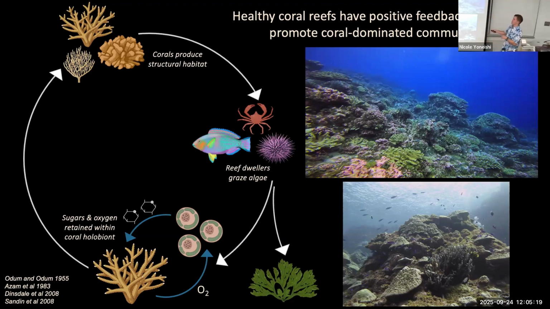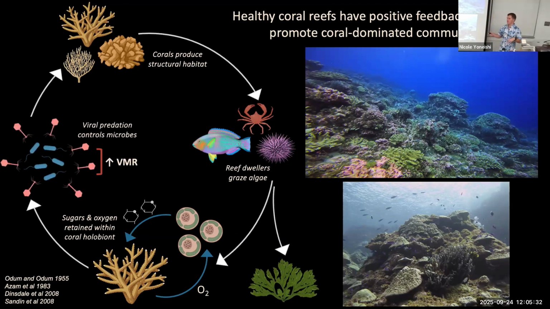So coral reefs are then producing all this structural habitat, which provides a home for all these animals, including many that eat algae, which is one of the main competitors with corals on the seafloor. And lastly, if we look at the unseen component here, we have our viruses in pink, we have our bacteria in blue, and what we see on a healthy reef is a relatively high abundance of these free viruses and a relatively low abundance of our free microbes.